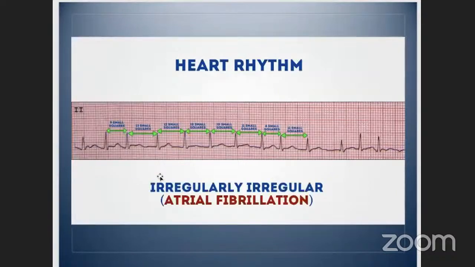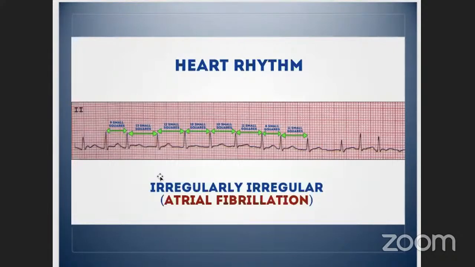Okay, then rhythm. Rhythm is easy, and as junior clinicians, we just know when it's irregular, and we are easily able to identify and diagnose atrial fibrillation. But sometimes you could have a young person or a fit, healthy person who has a sinus arrhythmia, so it would fluctuate with breathing.